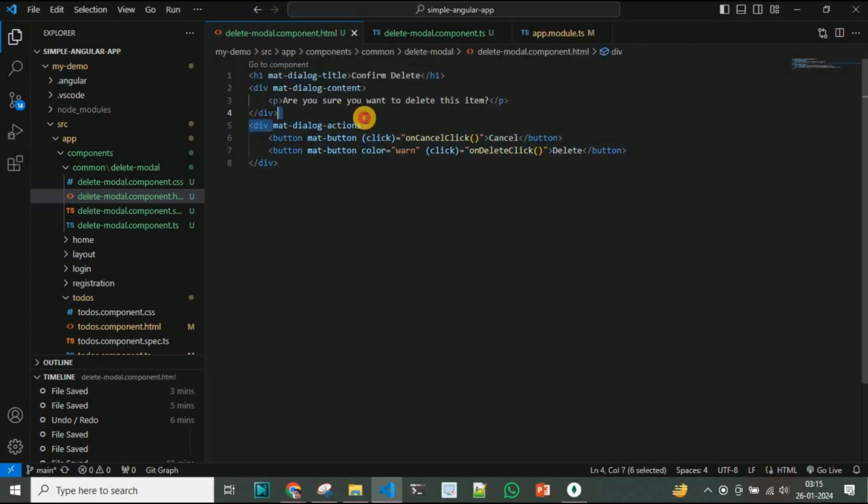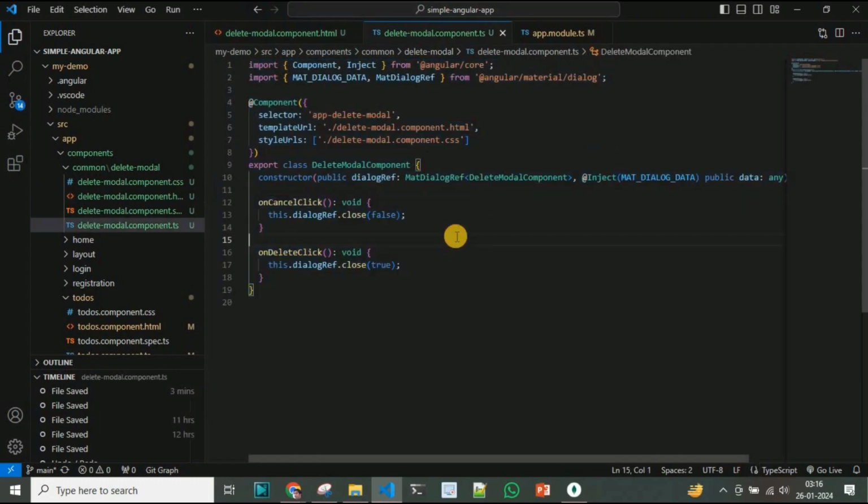Next, we have the mat dialog actions. This is the container for the action buttons of the dialog, styled as the action section using the Angular Material mat-dialog-actions directive. Next, on the cancel click, the modal will be closed, and on delete click, the delete action will be performed and the modal closed. Next, if I go to the delete component.ts,